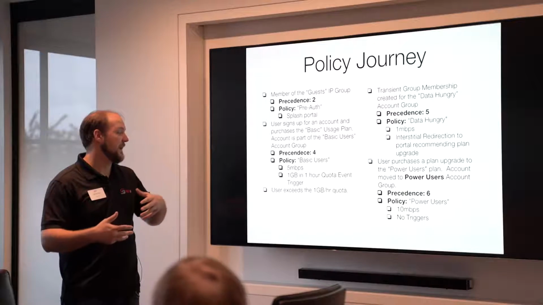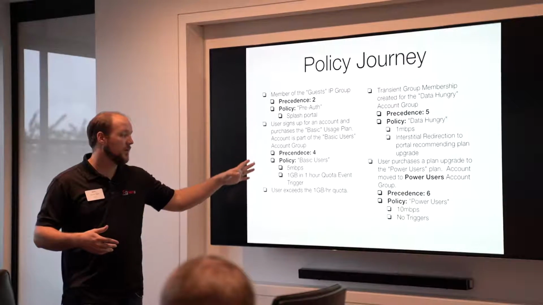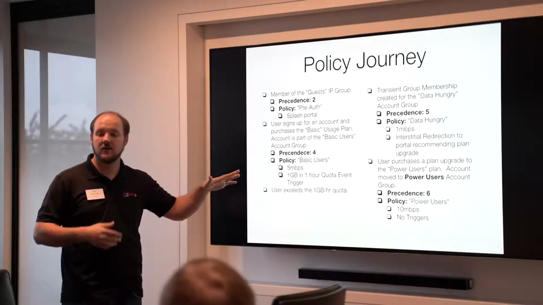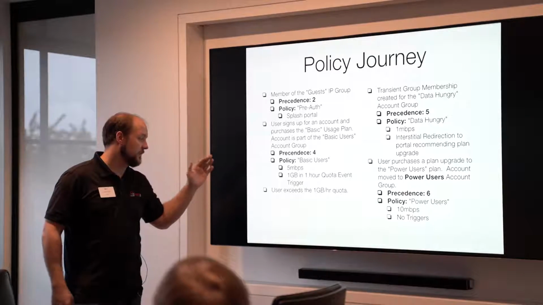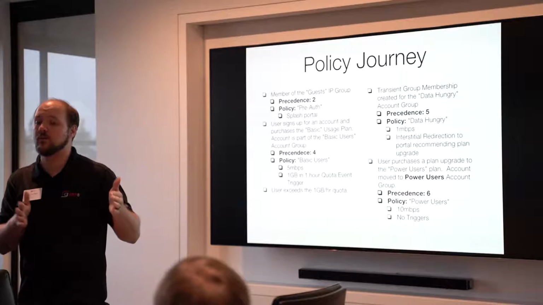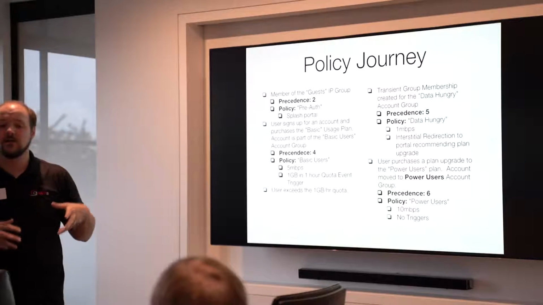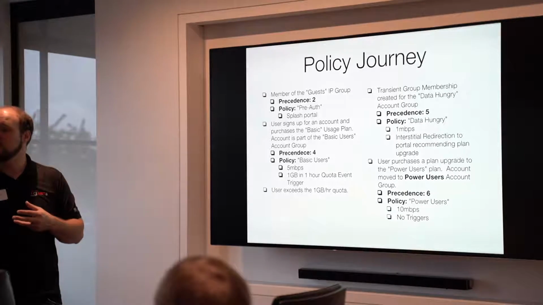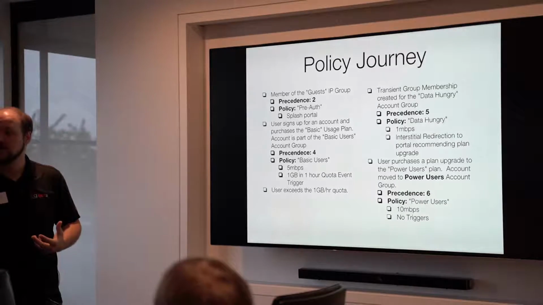In this case, we would have a 1 gig per hour quota trigger, and then once the user has gone past that within any 1 hour period of time, then the transient group that's attached to that becomes